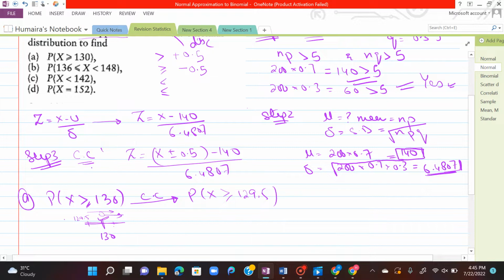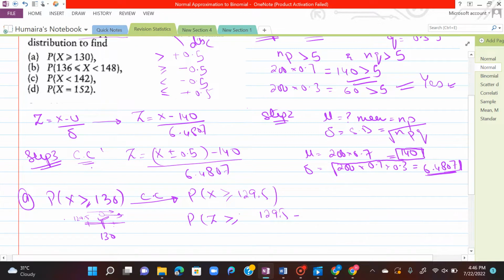For this value, if I have to do less than, let's say less than 130, then I must start with 129.5. So again subtracting here, and over here I have to add it. So the best way is to make a number line and then get the answer. Once you have this value, then nothing difficult, just plug in this x value over there. Probability of means I'm converting this whole x thing into the z thing. So it's z is greater than equal to